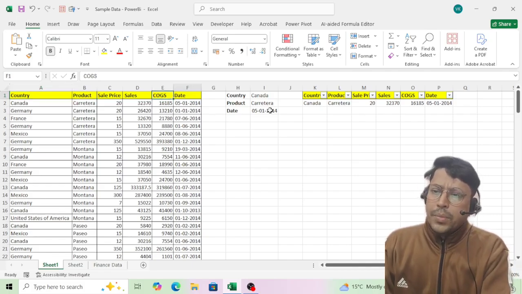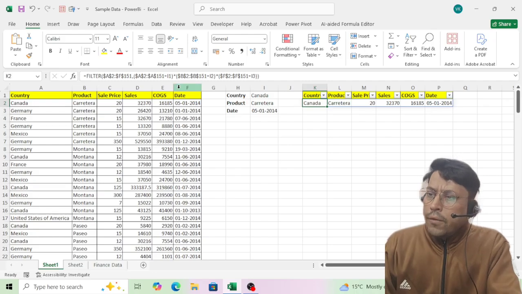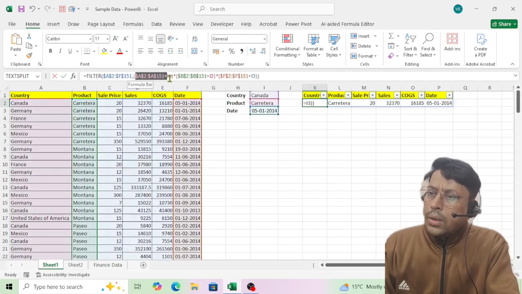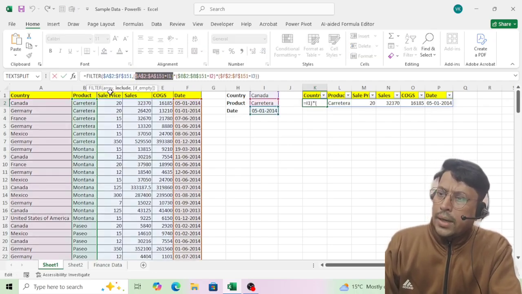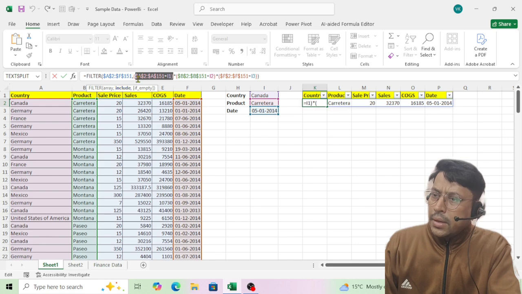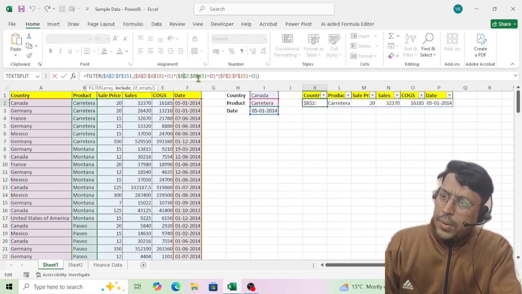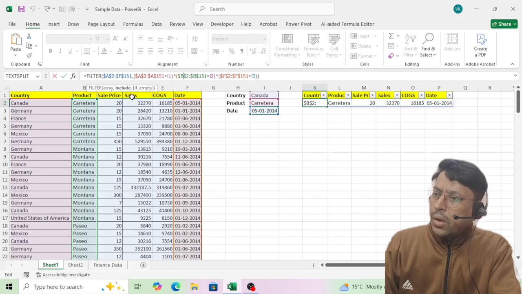Okay, so this is how we can use the filter function with one criteria or more than two criteria. The only change is to be done in the include syntax, which is here. So in the include syntax you first choose country, then you copy this entire value from here, then put your multiply sign, then paste this and change A to B column because the second criteria is product, so you have changed B column.